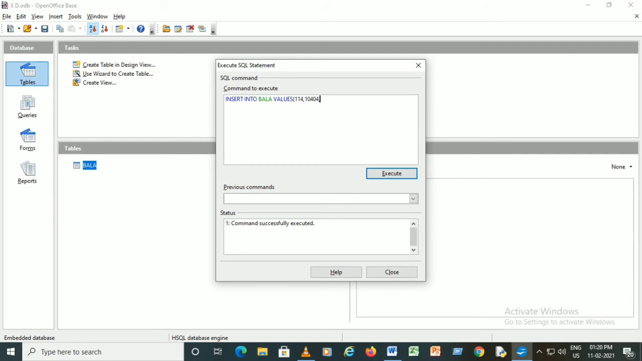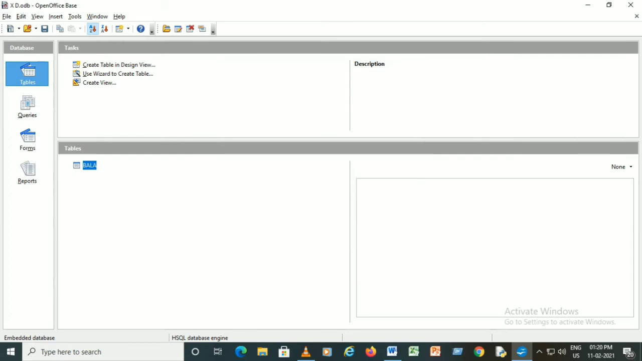Okay, insert into Bala values, open bracket, id number, roll number, name of the student, and then age. After typing that, you have to close the bracket, then put a semicolon, then execute the command. What you will get? Command executed successfully, this remark you will get. Then you can check the